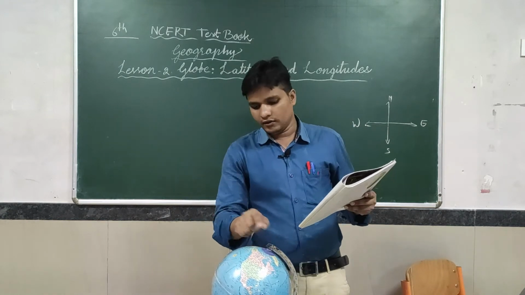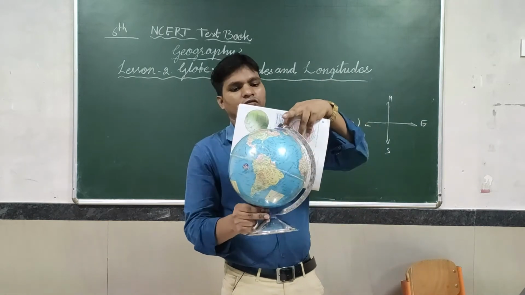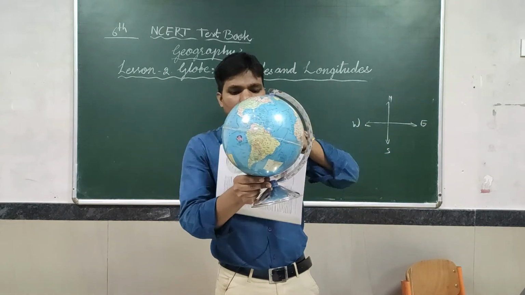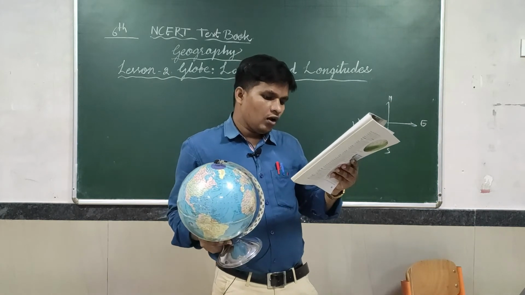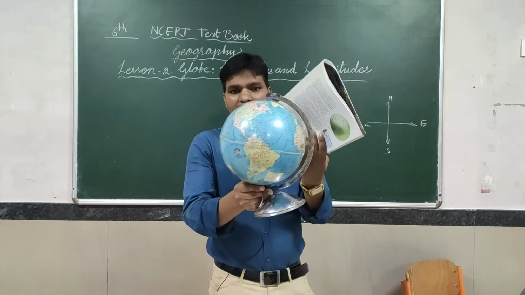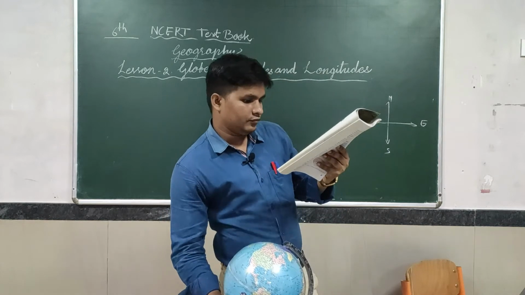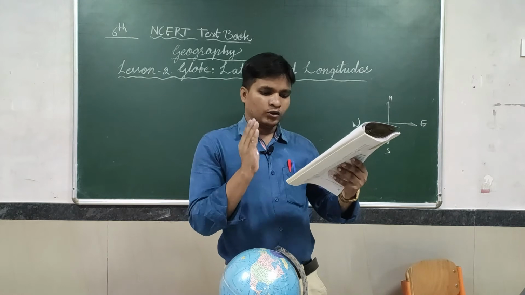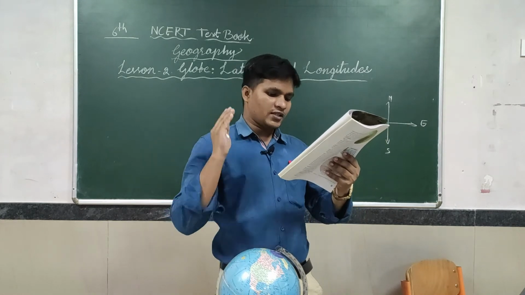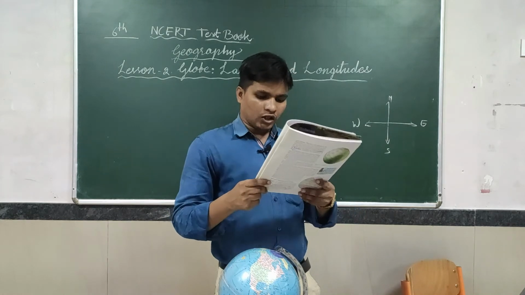The 2 points of the globe through which the needle passes are the 2 poles. Means these are the 2 poles which the needle passes through, isn't it? So they are called the North Pole and the South Pole. The globe can be moved around the needle from west to east, just as the Earth moves.